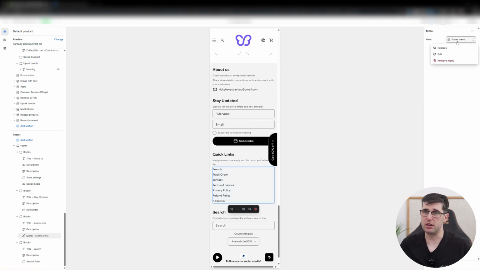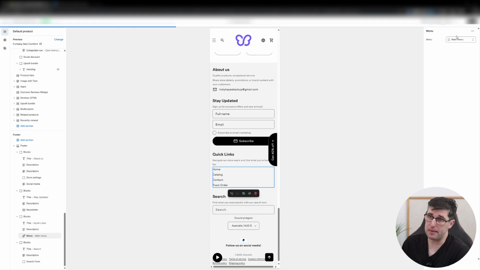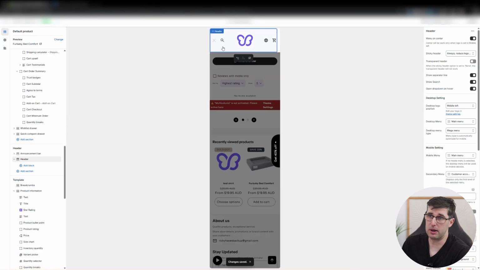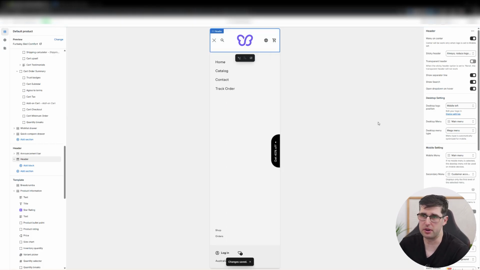You choose the menu. So this is where you want to set up at least your main menu and your footer. You can replace this. So I wanted to put my main menu. I will put my main menu, and there you go. It's now exactly the same as it is for my header menu. If I want as well, but naturally, your header and footer is going to be different. So you always want to